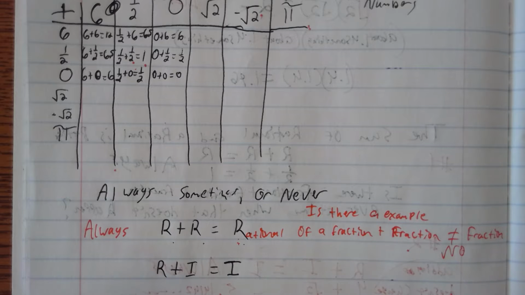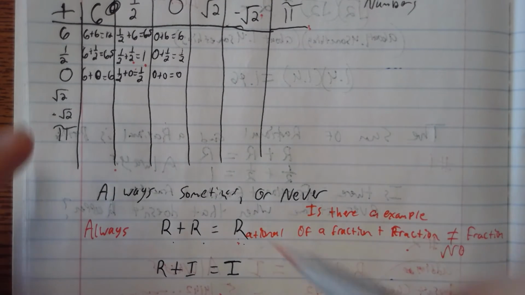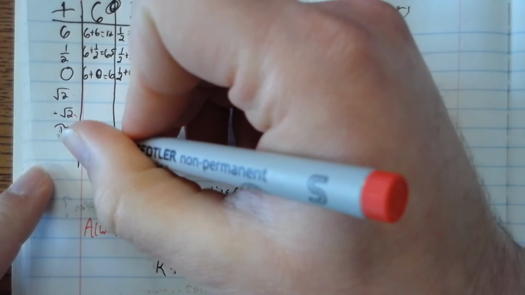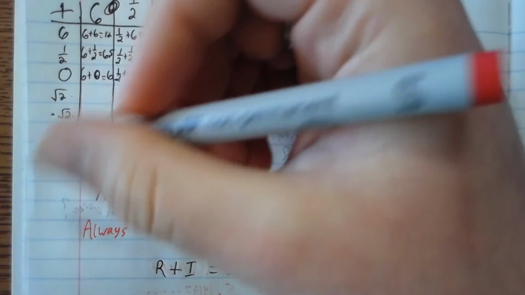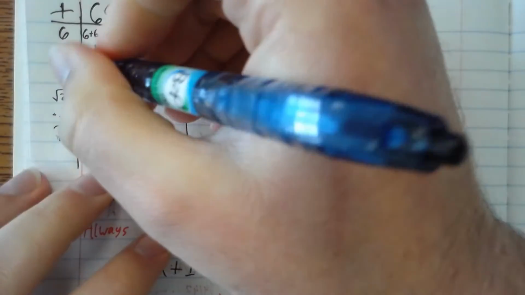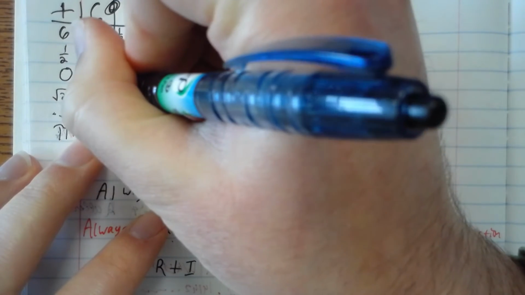So now we can start to think about what happens when we take a rational plus an irrational. And we have some examples of irrational numbers, like the square root of 2, or the negative square root of 2, or pi. Those are all irrational numbers. So let's see what happens when we add those to 6 and 1/2 and 0. Well, 6 plus the square root of 2,